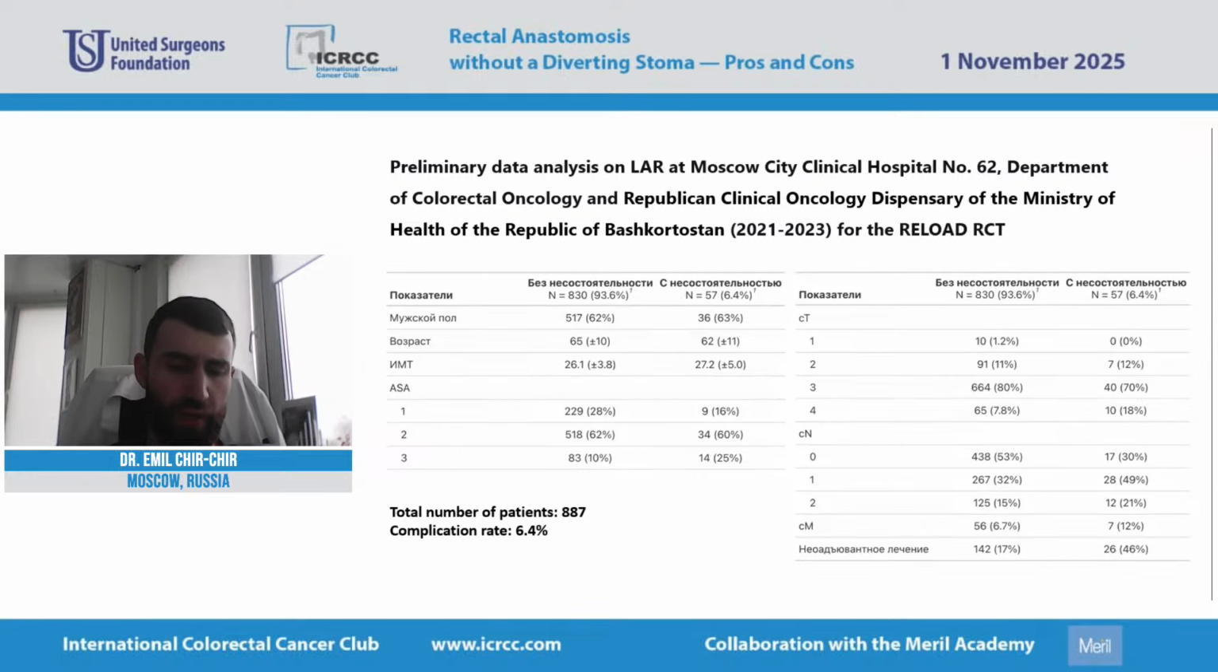Together with our colleagues from UFA, we conducted an analysis of data from patients who underwent low-anterior resection of the rectum. The data is presented here together. I think it's more illustrative this way. During the data analysis, it turns out that only a few factors retained any influence. Age, BMI,